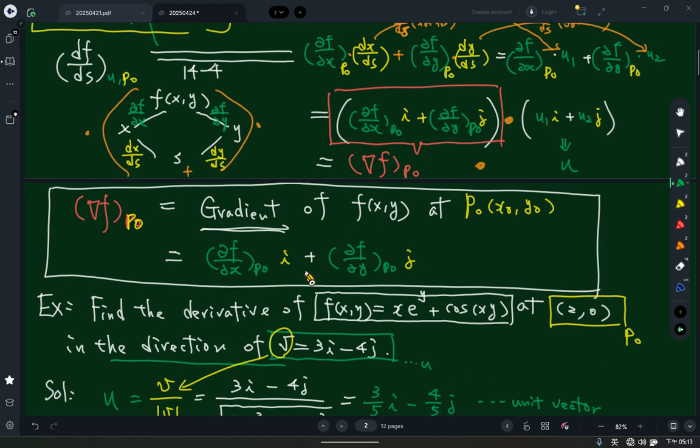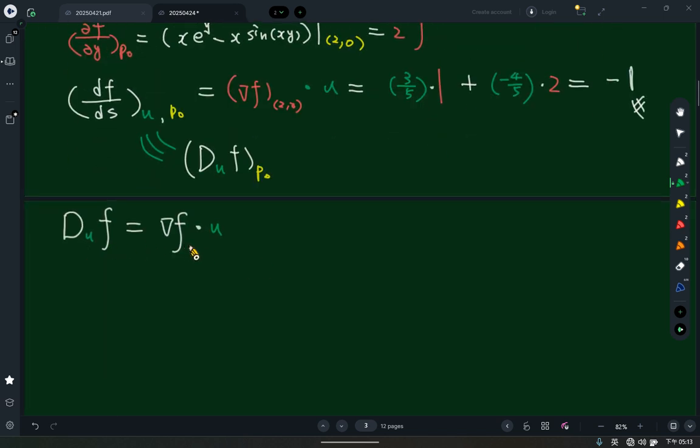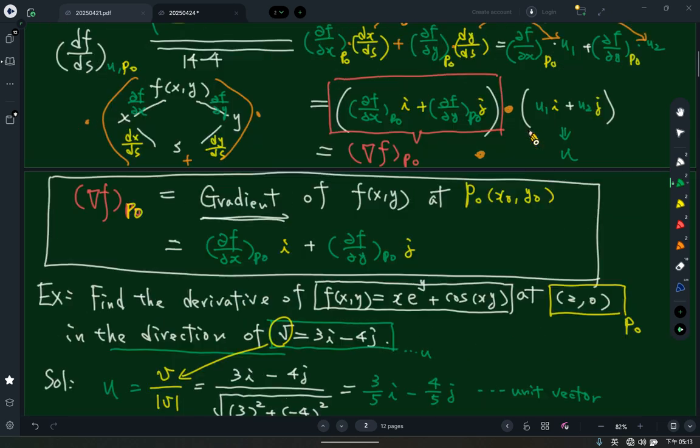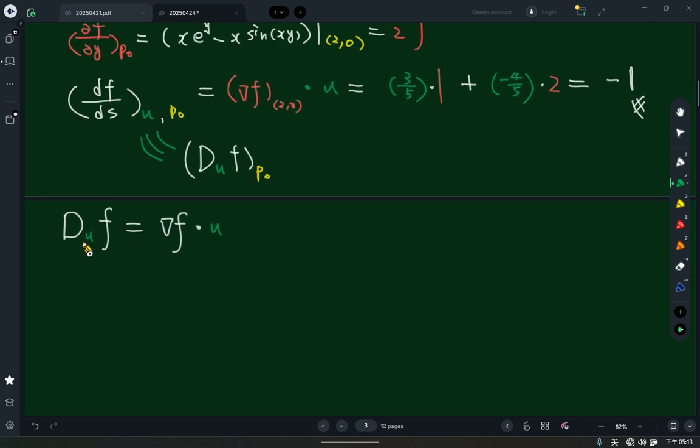Right now I didn't point out any p0, but following this, we know we can express the directional derivative as this one. Based on this dot product, or inner product, it will be the length of this vector times the length of u